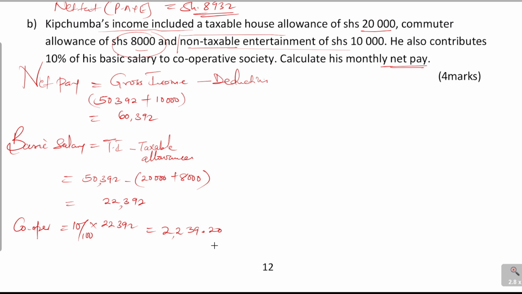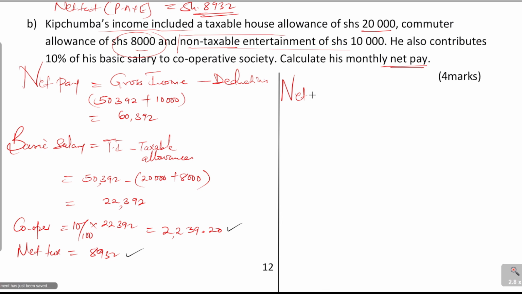Then do we have any other deduction? I don't think we have any other. The other deduction, before we forget, is the PAYE, the net tax. The net tax, which you got in the previous part, is 8,932. So we only have the cooperative society amount and this one. Those are the only deductions that we have. So now, to get the net pay,